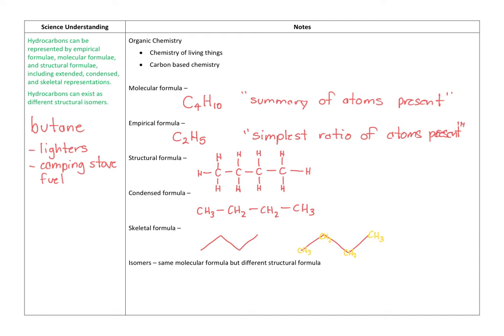Isomers have the same molecular formula, but they have a different structural formula. So I've drawn here butane, C4H10, but I also could have drawn out this molecule here. I'm going to have to do it over here to give myself room. Let's say if I'd drawn out, I'll draw out the full formula actually, because we're just starting at this. I won't go straight to condensed formula. If I'd drawn out this molecule here,